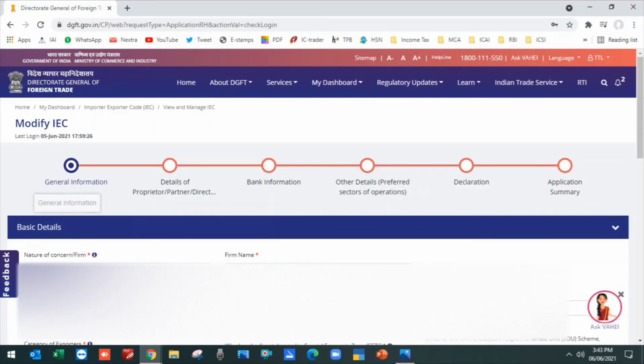It will ask some basic information. It is divided into 6 sections. Whatever section you want to update, you have to click on it. Normally it does not go forward until you press save and next at the bottom of each and every section. In general information, it will ask about your address, GST number, PAN number, the company name, and basic information about your entity. The supporting document required here is the RC, registration certificate, which may be the certificate issued by the MCA, then the GST certificate, or in case of an LLP, the LLP certificate.